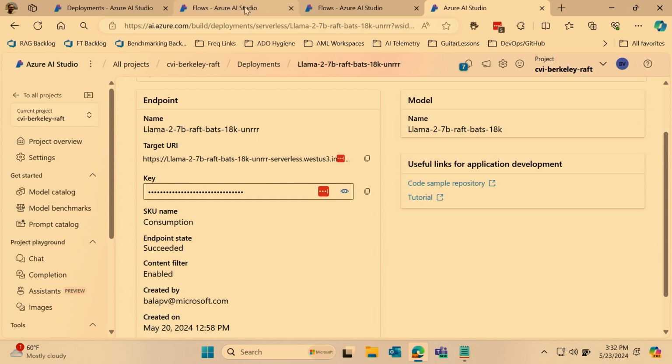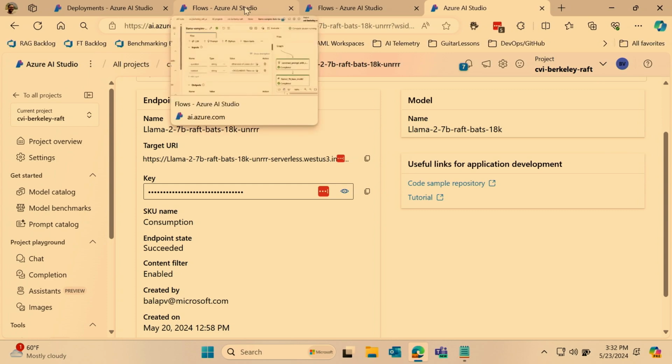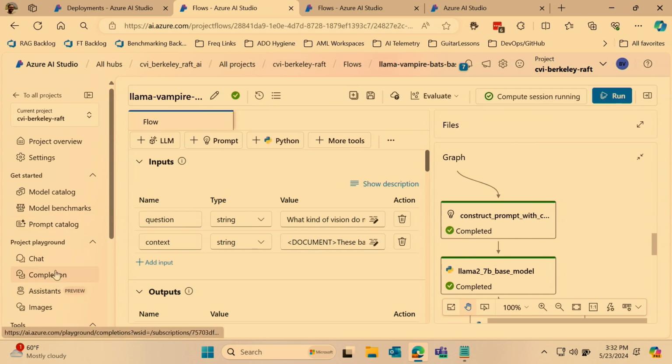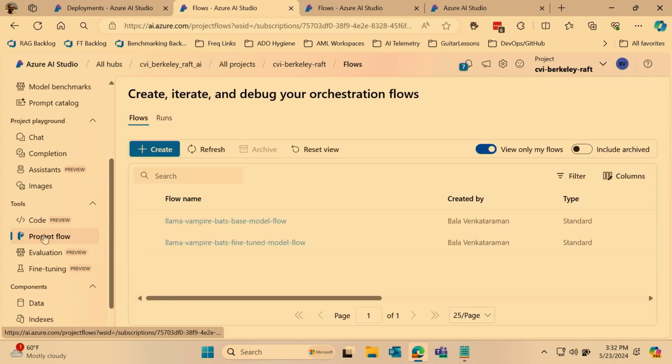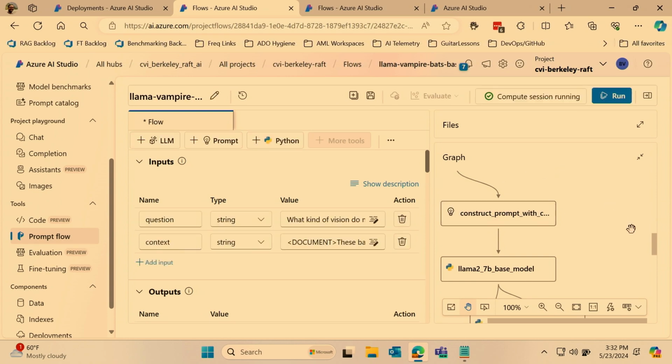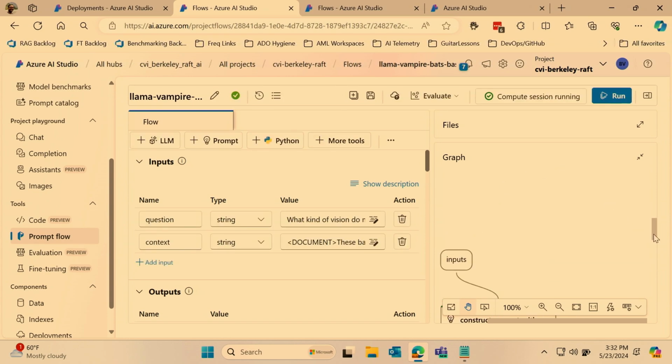Now, we trained the model, we deployed it. Does it really work? Let's check it out. So I've created 2 prompt flows. One for my base model and one for my fine-tuned model. Let's go to the base model first. So this is a very simple prompt flow. It takes 2 inputs.